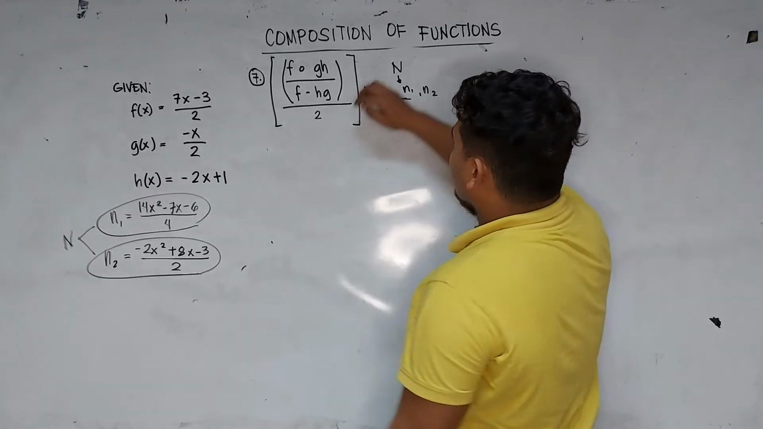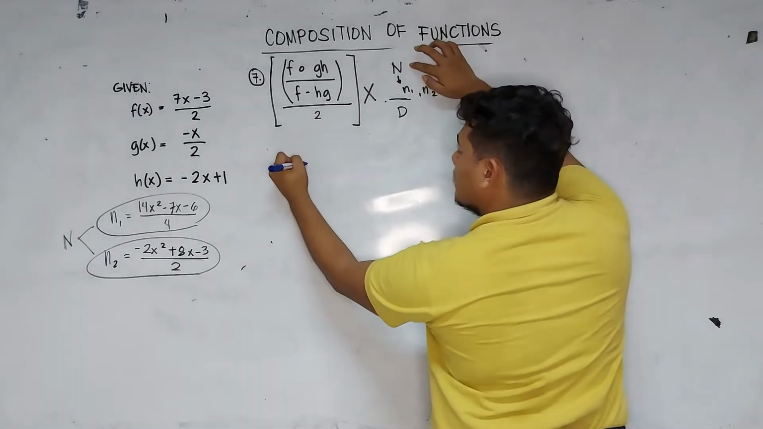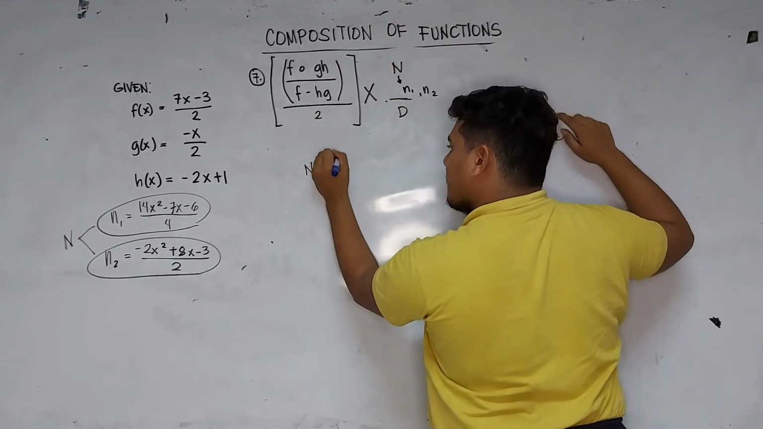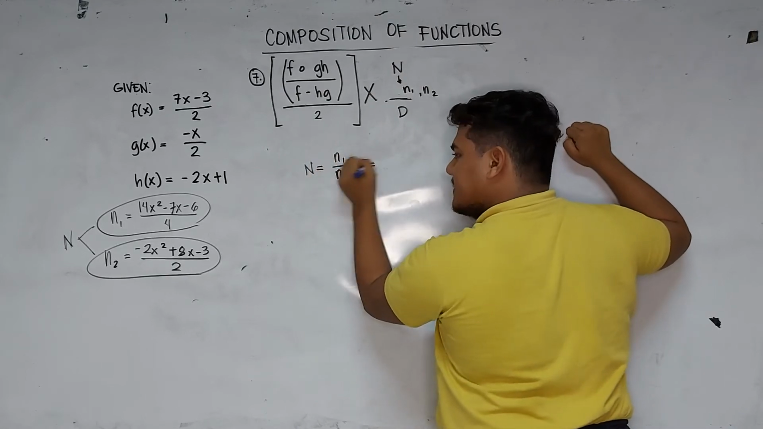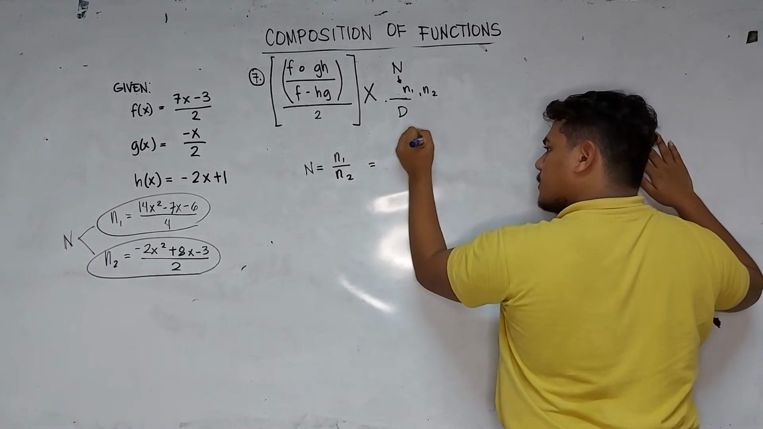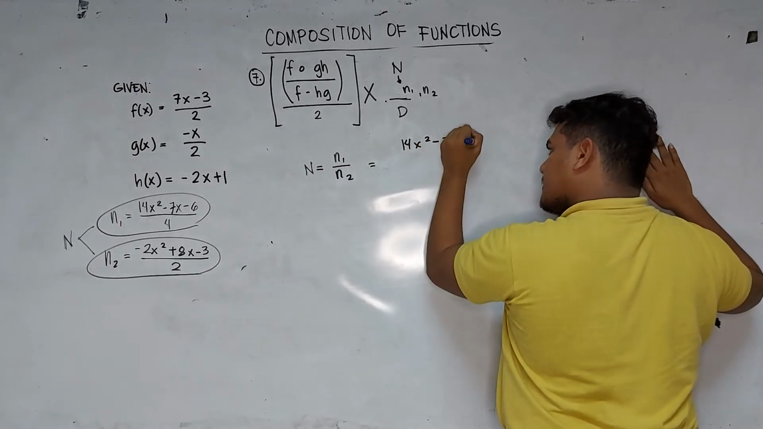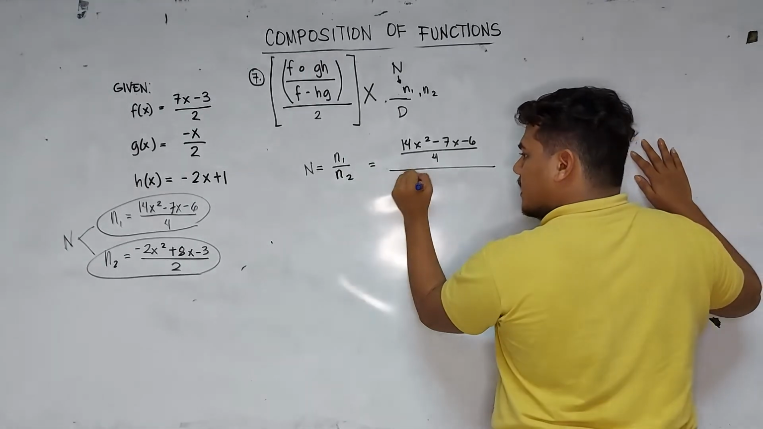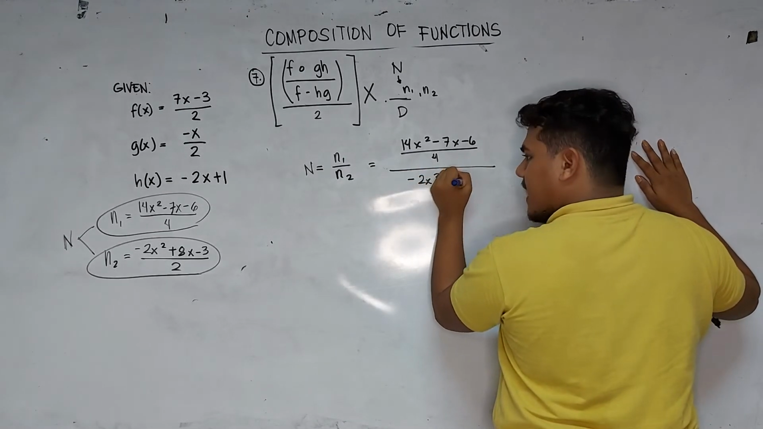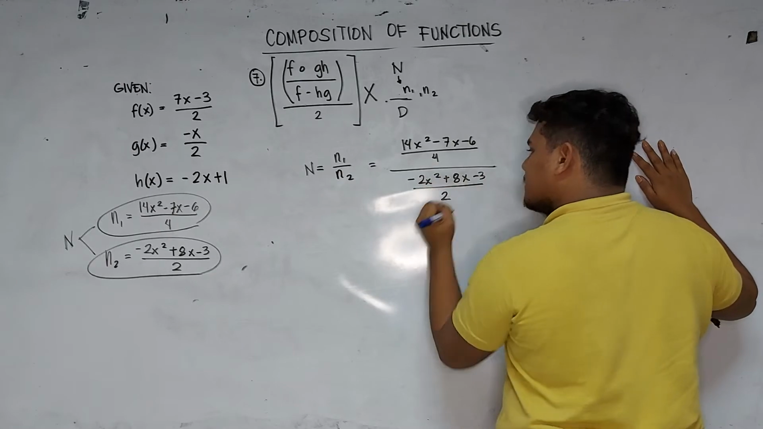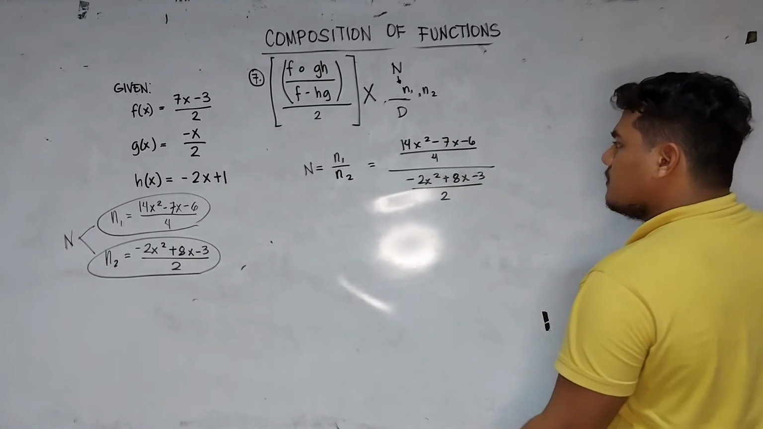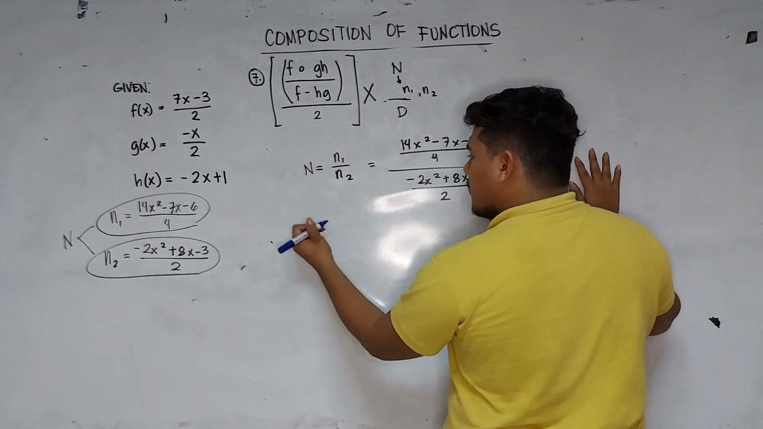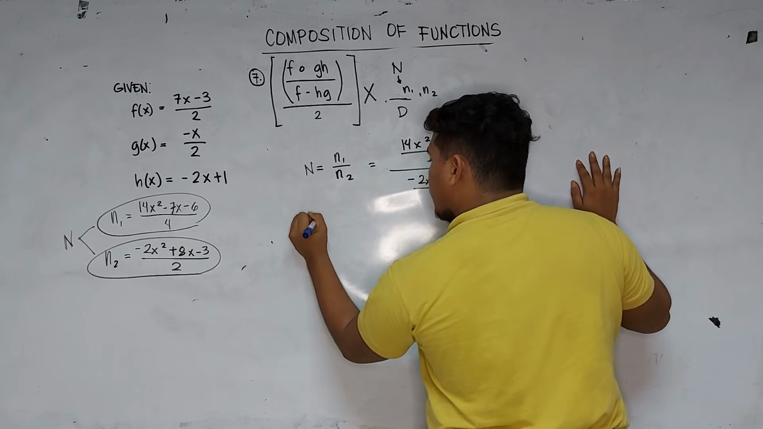What do we do? The numerator states that our numerator here is equal to n sub 1 divided by n sub 2. So what is n sub 1? 14x squared minus 7x minus 6 over 4. Over, what is n sub 2? Negative 2x squared plus 8x minus 3 over 2. Right? So what do we do next? What do we do when a fraction is divided over a fraction? One should become reciprocated. So this becomes 14x squared